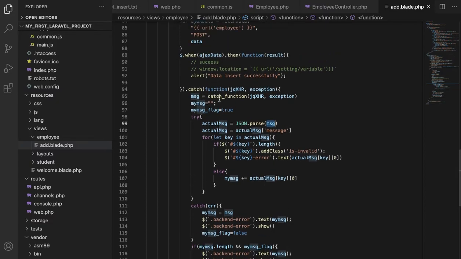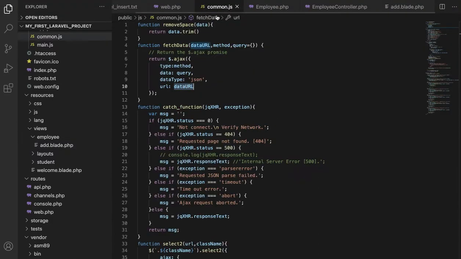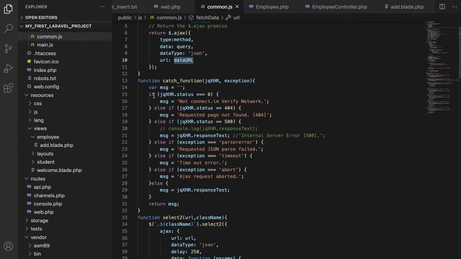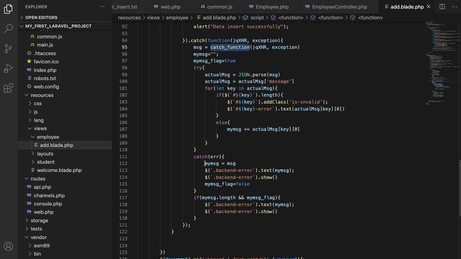Here I am using one more catch function, just getting the message. This is defined in command.js, just returning the message using response.text. So this is done here, and if anything is caught, we just get the message and show it here.